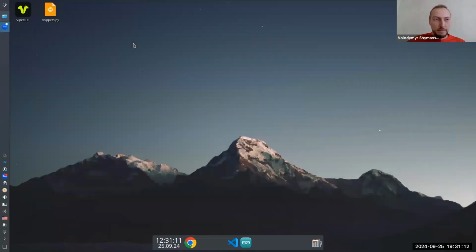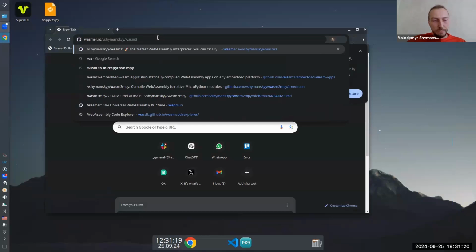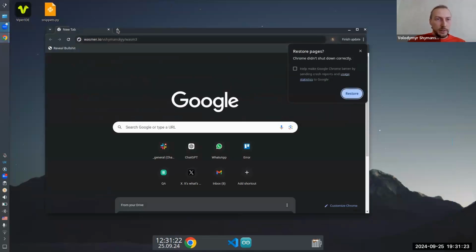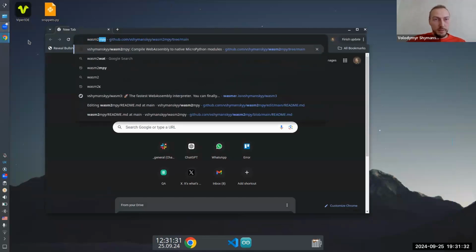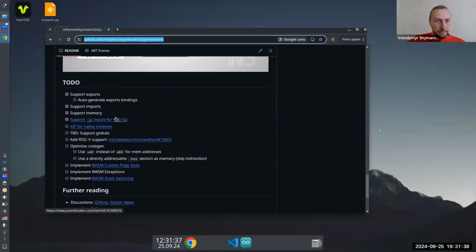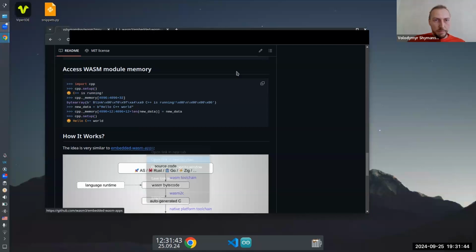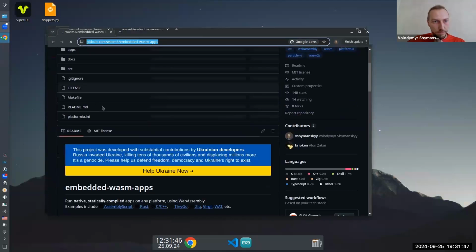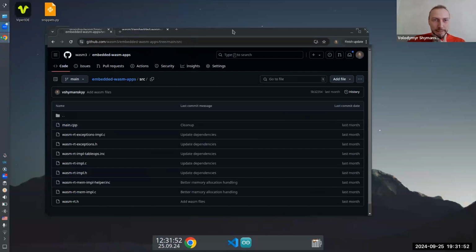Let's do some command line magic and hopefully it gets fixed. Okay, this one is not the one I wanted. I think I'm having troubles with the browser. Always happens when you try to do a demo. Why not just log out and in again? I think we can wait this 30 seconds. When you close your session and you log in again, then I think the browser is fine. Okay, I think I figured it out.